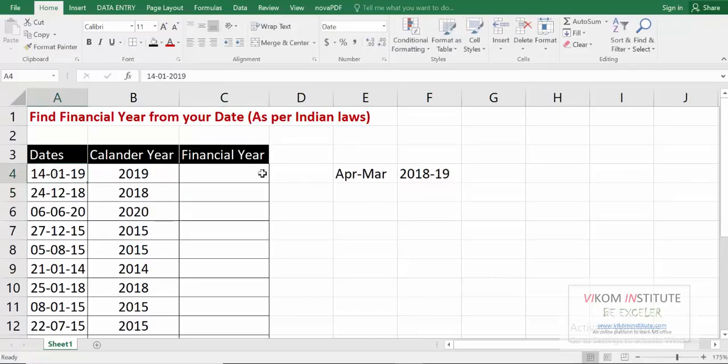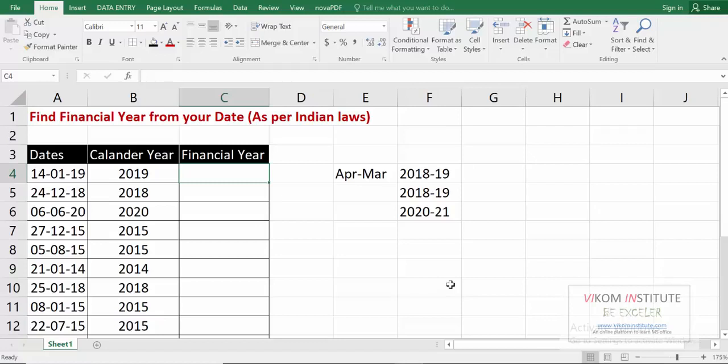Since this is January, it falls in between, so our financial year would be 18-19. In this case our financial year is again 18-19. And in this case our financial year would be 2020 and 21. So we are going to extract our financial year.